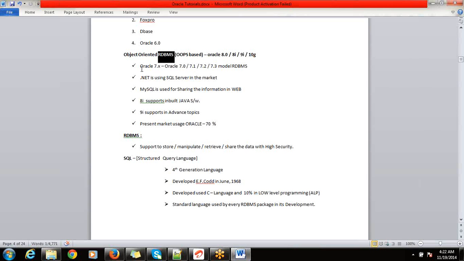And you can see here there are various versions like Oracle 7 version, that is 7.0, 7.1, 7.2 and so on. After that, Oracle 8 version was released, 8.0, then 8i, then 9i, then 10g and 11g, which we are using now. This 9i is very popular. In the previous days, generally we used Oracle 9i or 8i for practice. Later on, 10g and 11g came into the picture, and we are making use of 10g and 11g.